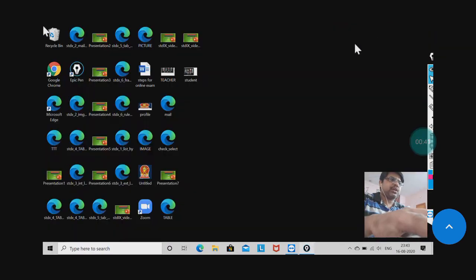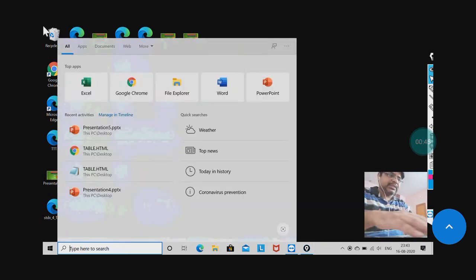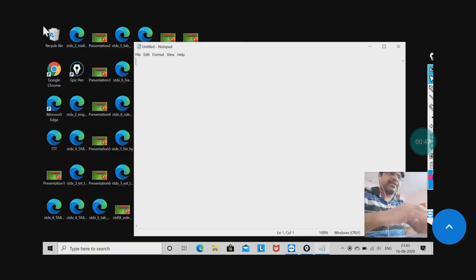First of all, I am going to explain border. For doing this, I have to open Notepad. First, I am going to use the HTML as it is common. Now the title, here I am writing attributes of table tag.